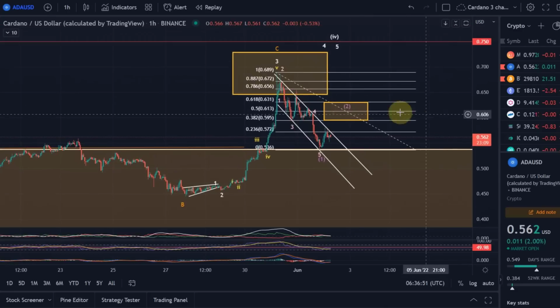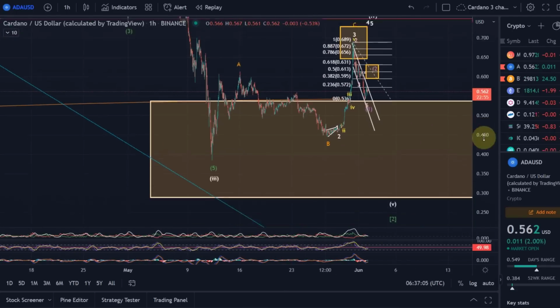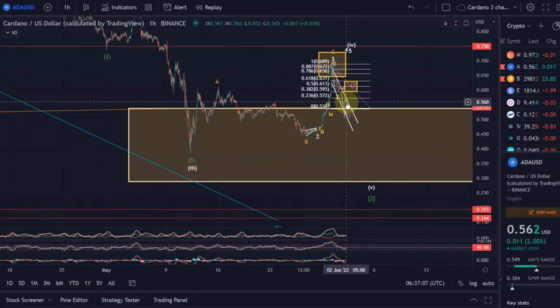So this is currently what I'm looking at. Don't forget, the wave 4 could still be ongoing, but it is less likely because how this move down looked very impulsive. Therefore, this is currently my preferred scenario. And as you know, my overall view is and has been that the overall low for ADA hasn't been in in any way. So it would play well with this scenario as well.